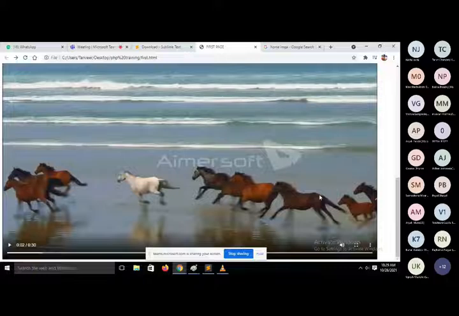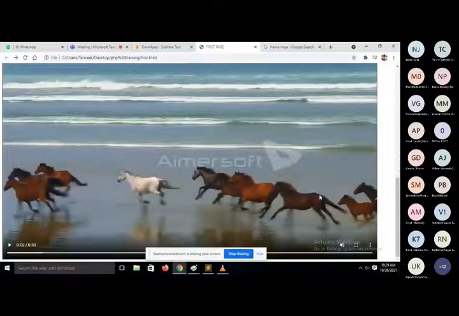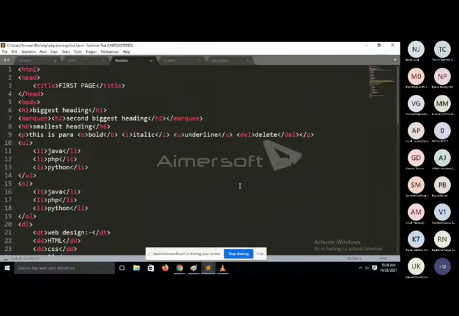Video and audio tags both belong to the HTML5 version. So here we are using so many tags, but we are not applying any properties.